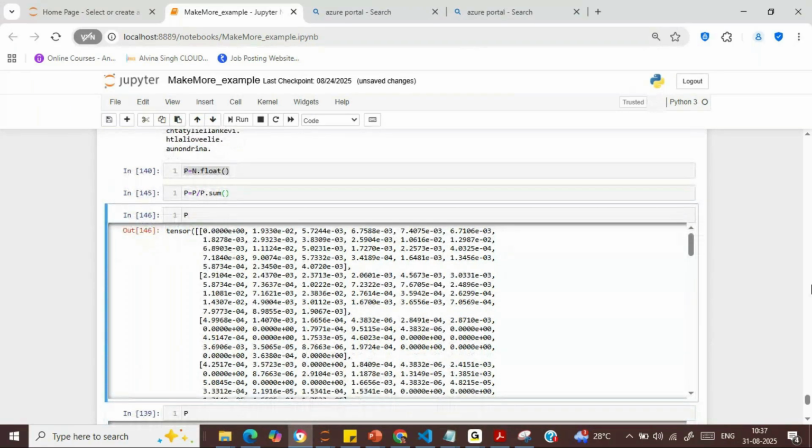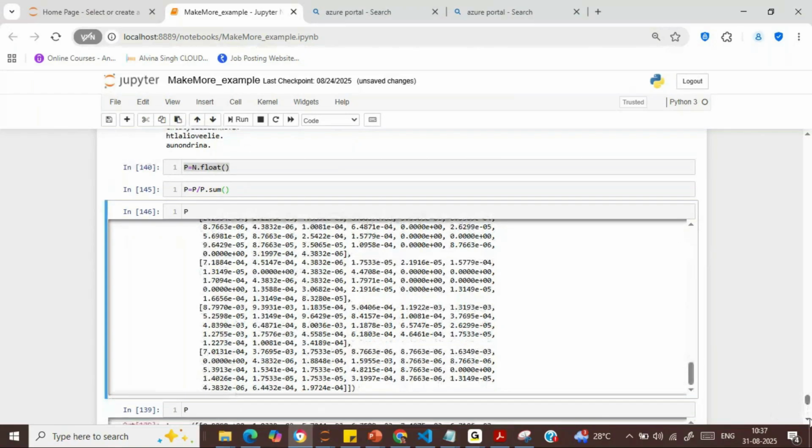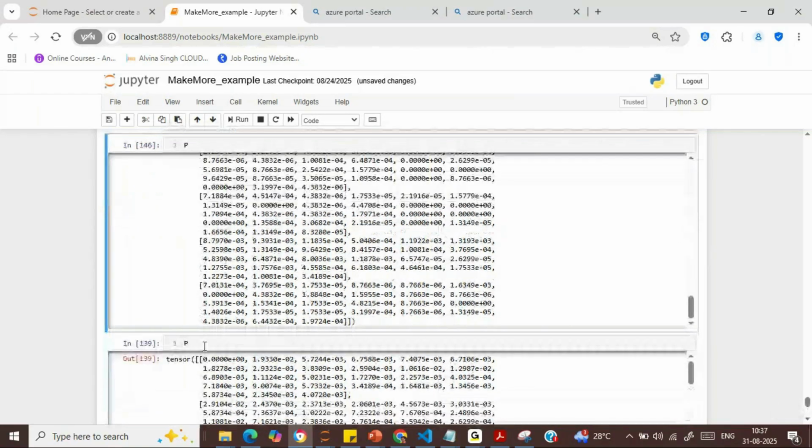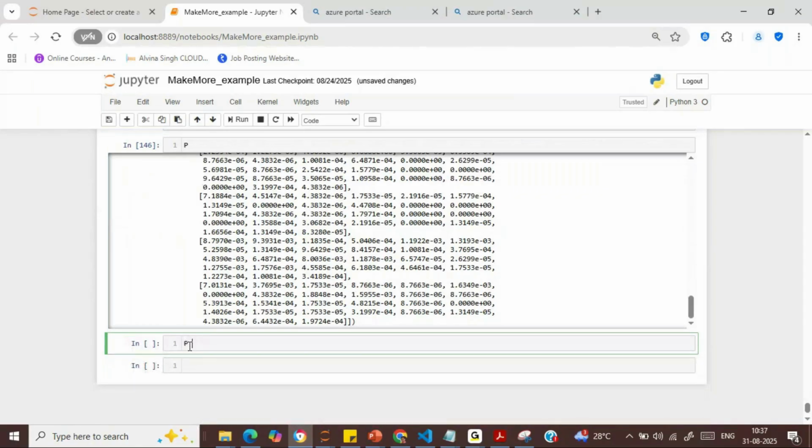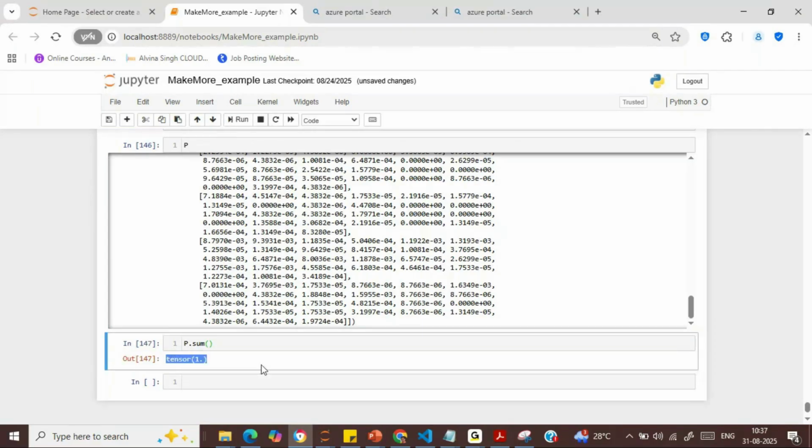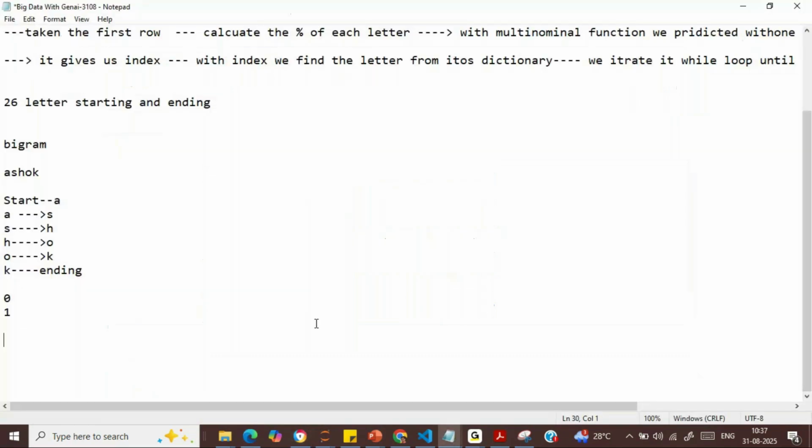And if I find p dot sum, that will come to 1, that is perfectly fine now. Okay, so what I have done over here, say previously we were having,